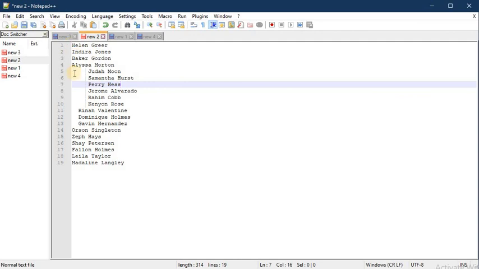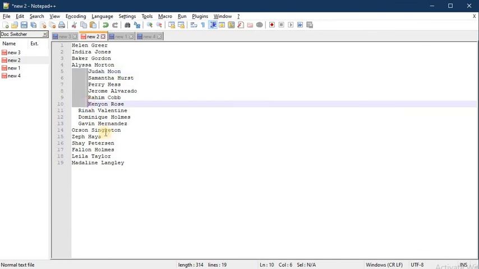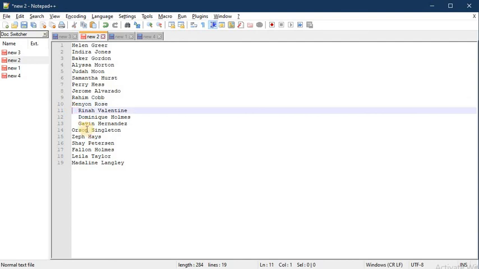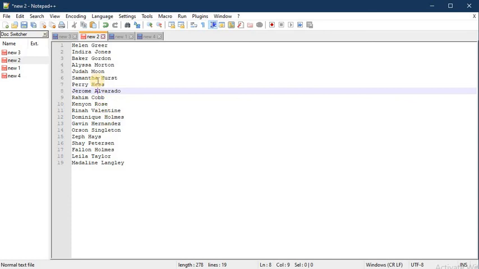Like in this data we have uneven spaces and we want to remove them. Click at the start, again Shift and Alt, and press backspace. Similarly here, Shift and Alt, and we can remove these spaces.